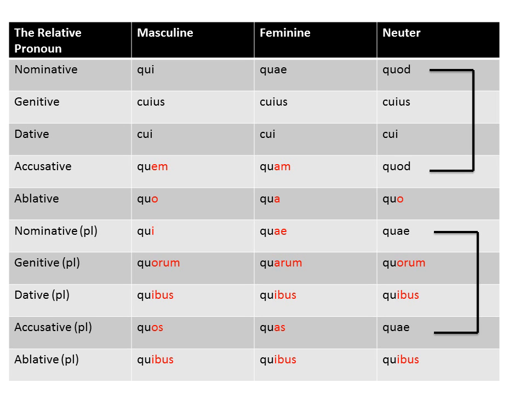The dative plural is a little different. We might expect is, is, is, but instead we have ibus, ibus, ibus from the third declension adjectives. Accusative plural goes back to us, a, um adjectives, os and as with the qu in front of it. And then the ablative plural is going to be the same as the dative plural, so that gives us quibus, quibus, quibus. So really when you look at this chart, which you should memorize by the way, you want to get started on that,